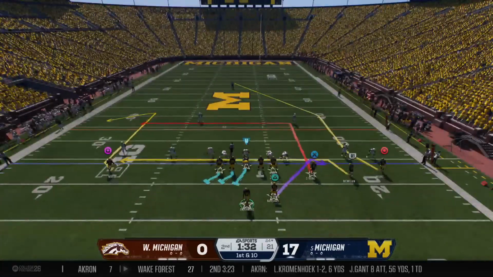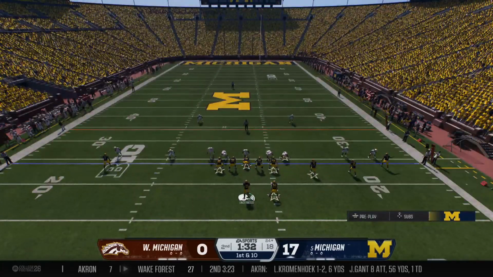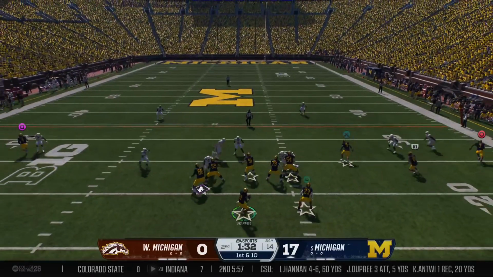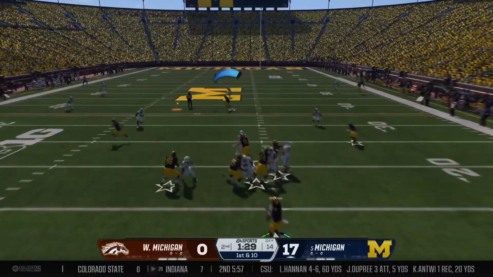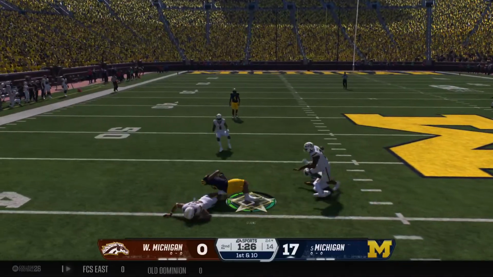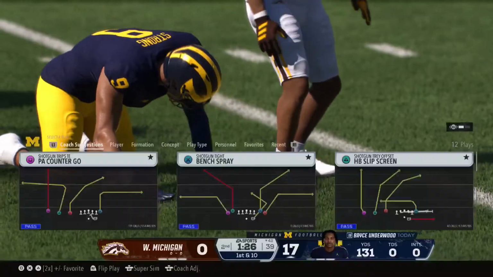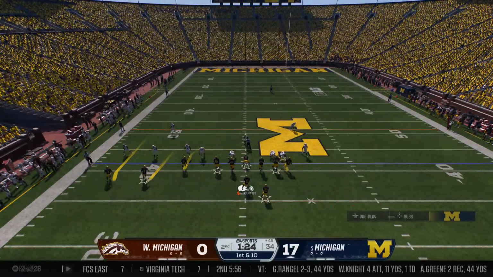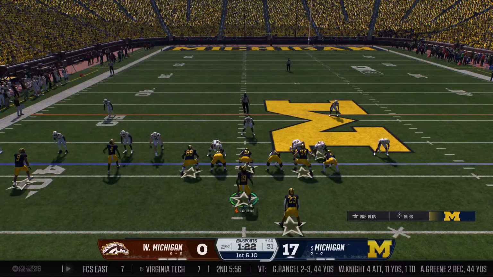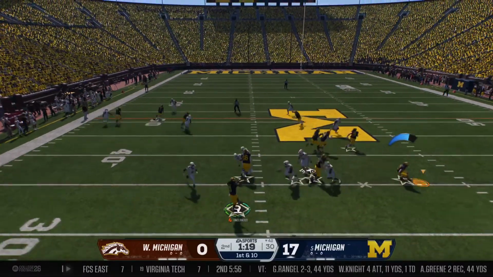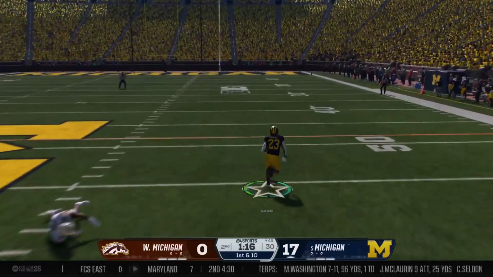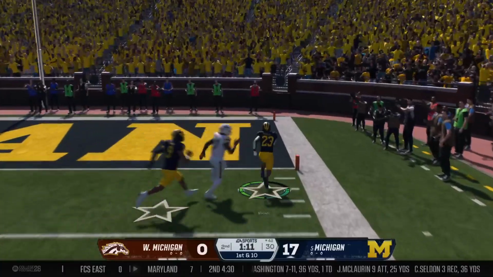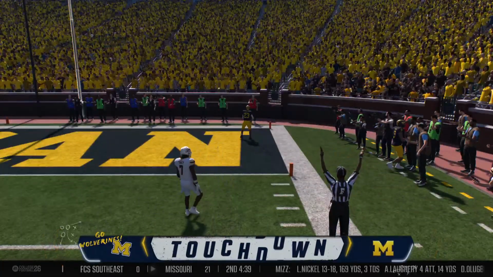Plenty of time to work, not any time to waste as they take over here in the final 2 minutes of the half. Wants to go up top on 1st down. Throws to the wideout. Grabbed over the middle. It's Strong. He gets completion to Strong. Moving, gets it out to the 42-yard line. That's the type of explosive play you love to start a drive with. 1st down from the 42. No one expecting the halfback screen. Jordan Marshall has some space. Can he make it? Yes, he can. Touchdown, Jordan Marshall.